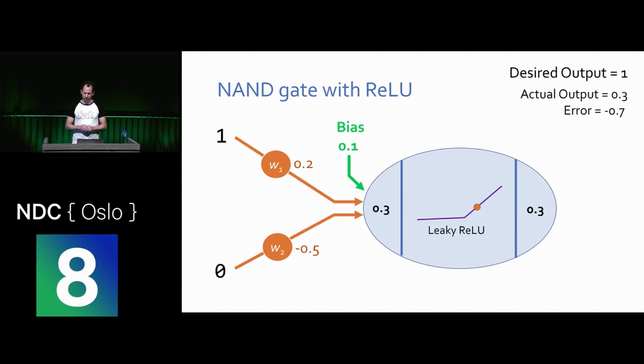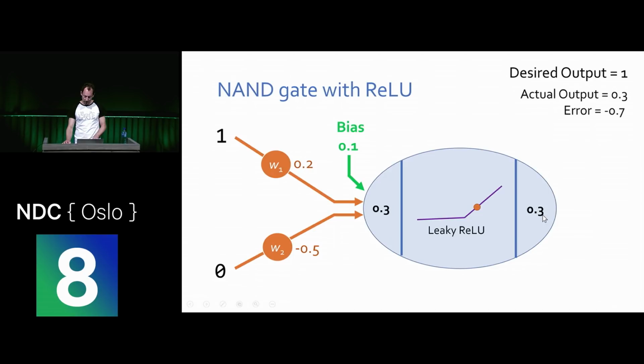So we can see now that what we need to do is increase the output. How do we know? Because we always want to go in the opposite direction of the error, right? So we want less of the error, not more of it, right? So we've flipped the sign, we want to increase this. And maybe if we could make this 0.301, that would be a good thing, right? Just to wind back a step, we want to adjust these weights and biases, right, to make this a bit less wrong, but we need to know first, how do we adjust them? To do that, we start from the right and we work backwards, work from right to left.